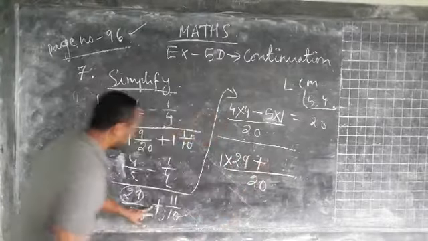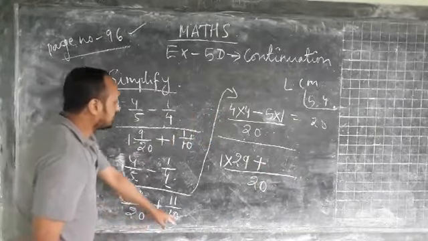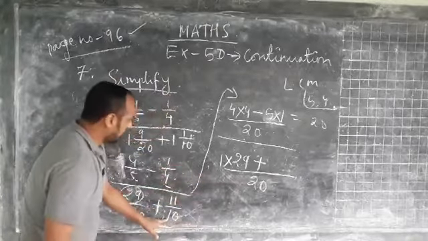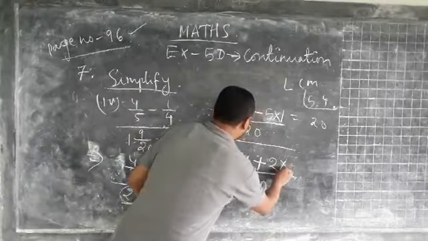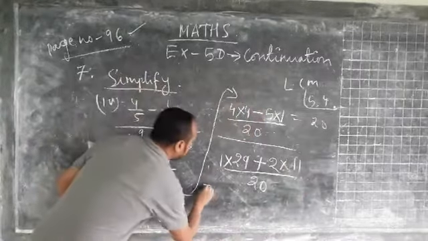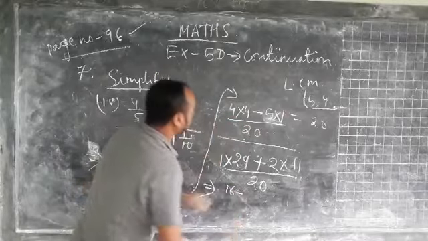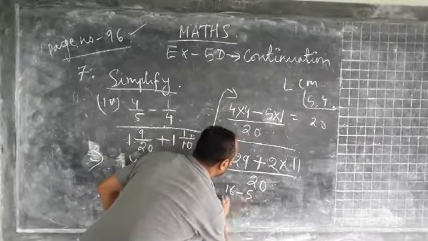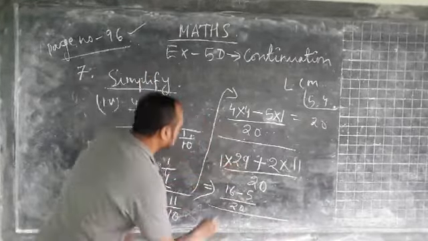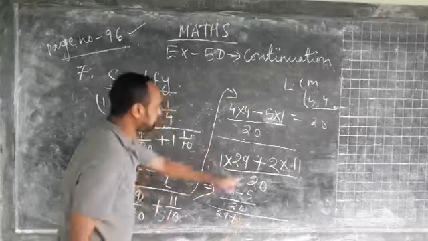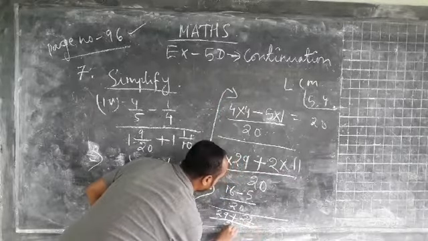We will write here 29 plus. In the upper part we have minus sign, in the lower part we have plus sign. So if you divide this 20 by 10, it will go 2 times. So 10 2s are 20 into we have 11 in the numerator. The next step we will simplify this one. 4 4s are 16. Okay, 16 minus 5 1 is 5 divided by 20. Again, for the lower one we have 1 into 29, 29 plus 11 2s are 22 divided by 20.